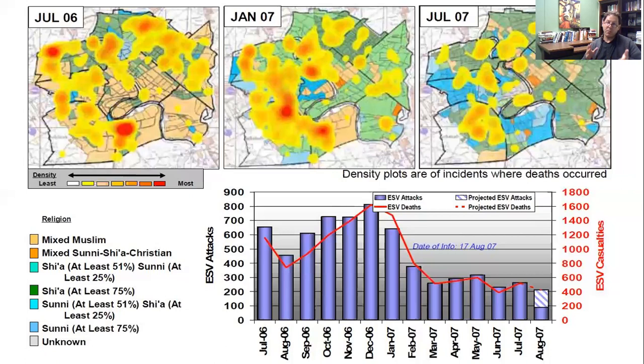There are a handful of neighborhoods that survive that ethnic cleansing. And you can see them. There are little pockets of orange neighborhoods that don't have violence, but yet are still maintaining that mixed ethnic character. Those neighborhoods, by and large, are able to avoid ethnic cleansing because they have US soldiers and Marines manning barricades. They've been walled off from the rest of the city by concrete barricades, and coalition forces stand at the entrance, searching every vehicle, checking for guns, arresting militants, preventing the violence from surging into those neighborhoods.